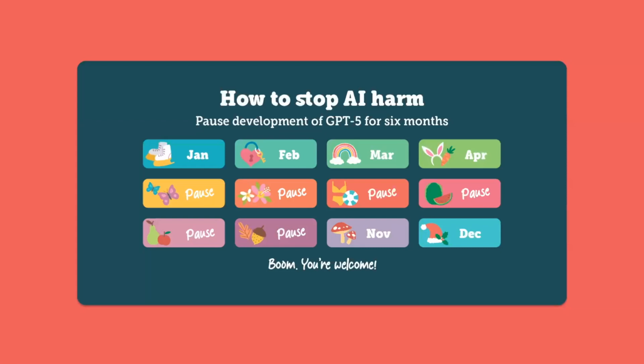So how to stop AI harm? Pause development for 6 months. Boom, you're welcome. We stopped AI harm. Sounds a little silly on the surface of it, right? So with the rest of the time that we have, which is about 15 minutes or so, I want to have a discussion about,